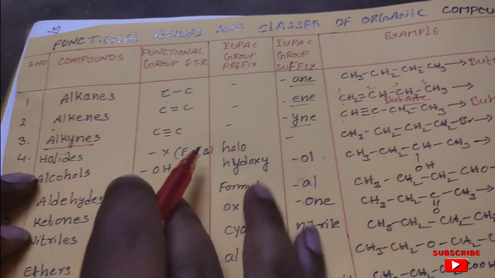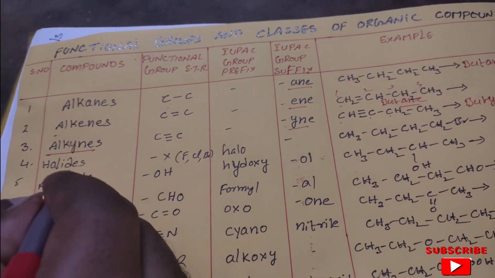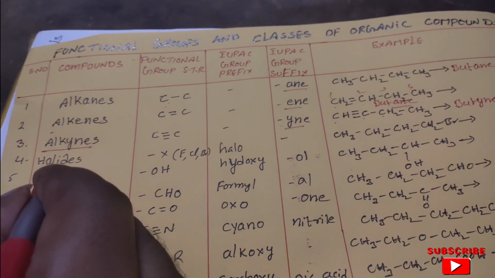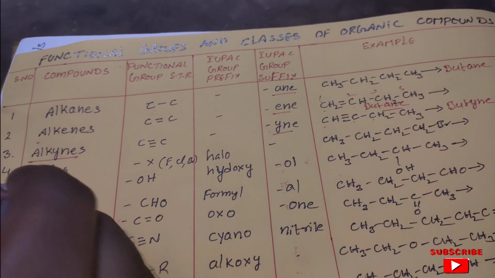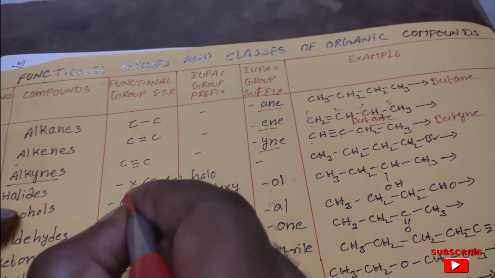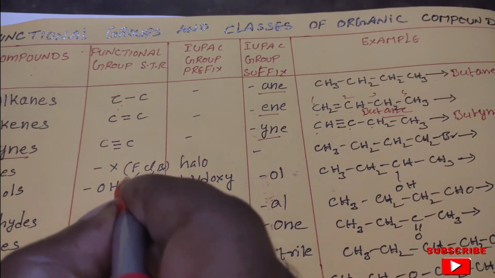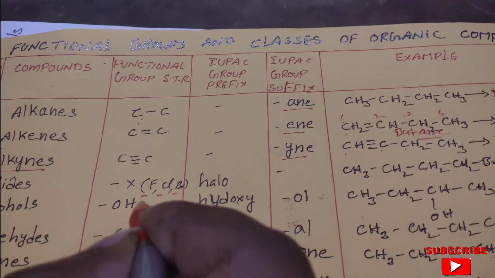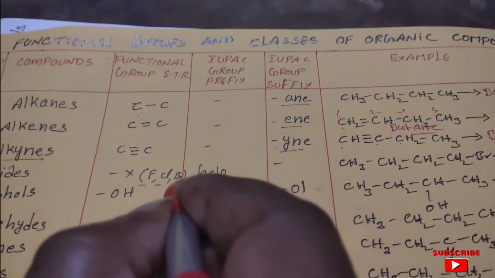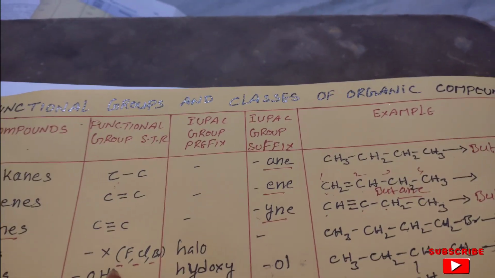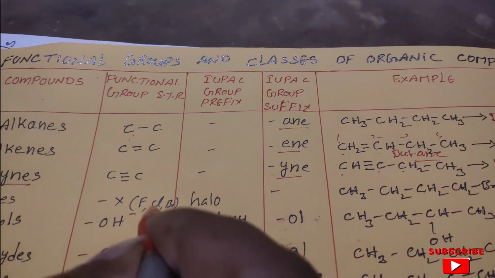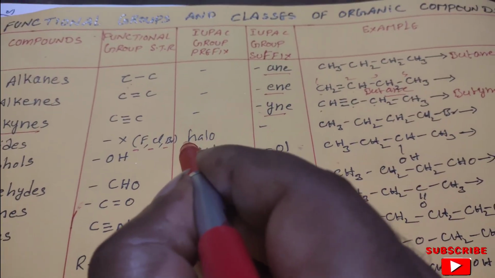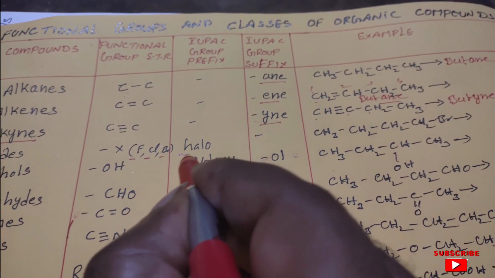And the next one, halides or halogens. So what is the meaning of halides? Halides we simply represent like X, indicating either fluorine, chlorine, bromine or iodine. Fluorine, chlorine, bromine, iodine, they are simply called the halides. In case they give the halogens as a prefix, they are simply represented as halo.